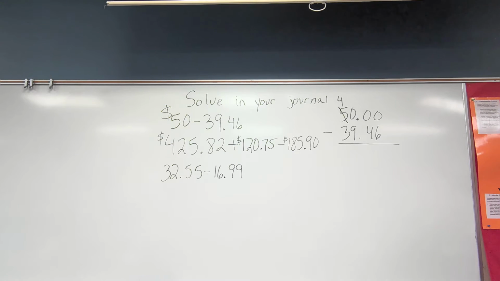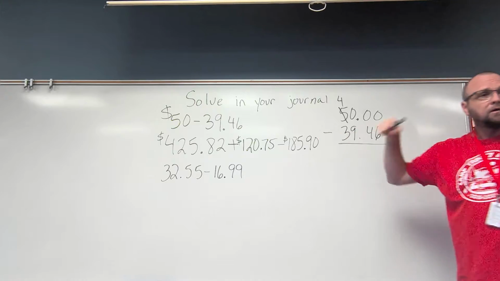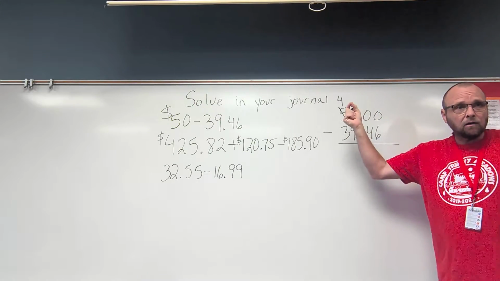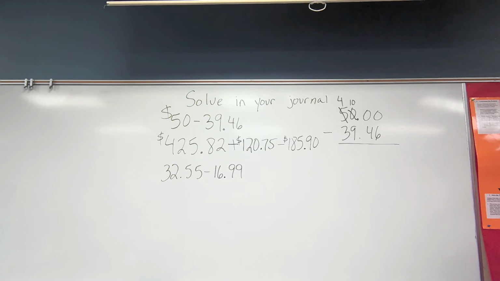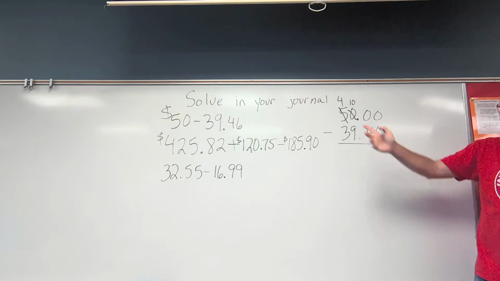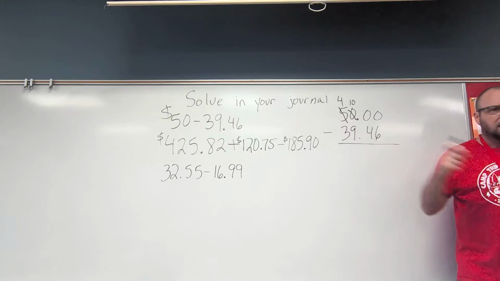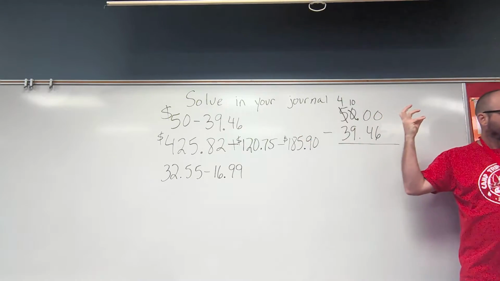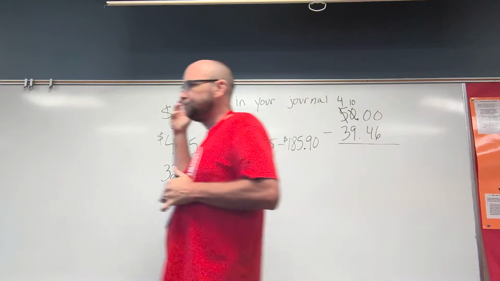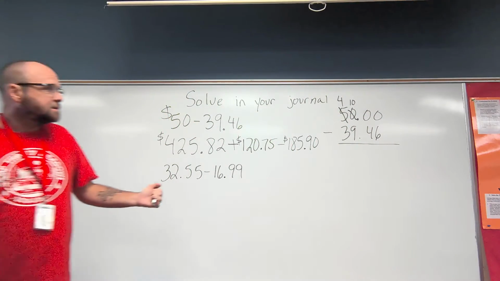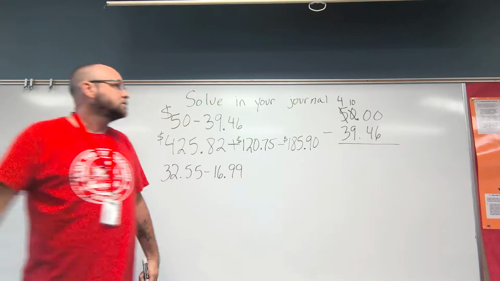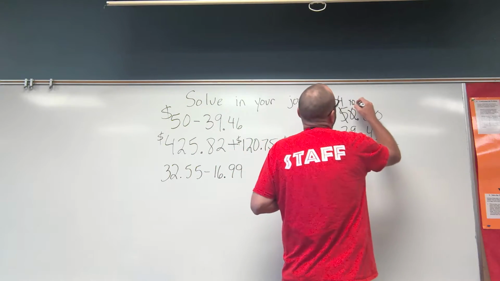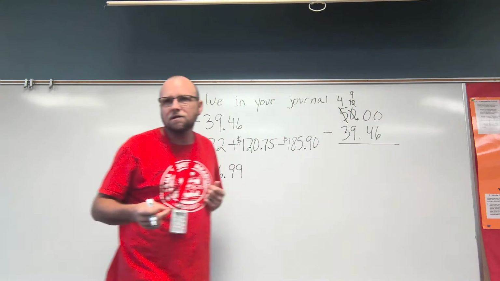But we can't change this value. So we're going to take that one $10 bill and we're going to change it into 10 $1 bills. Since I don't have any $1 bills, when I change it, I just have 10. If I had 3 right here, then I'd have 13 $1 bills, because I'm taking those $1 bills and combining them with the other $1 bills I have. Now, that still doesn't help me get over here in my pennies or my hundredths place. So now I need to take one of those $1 bills and change it into